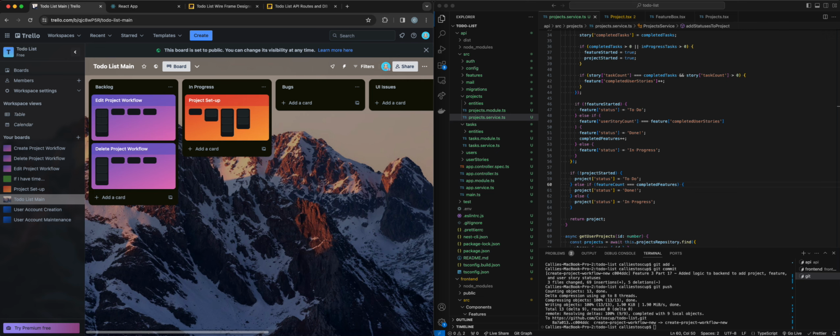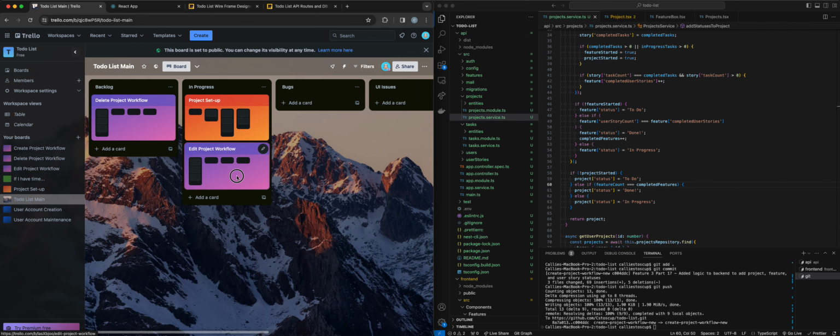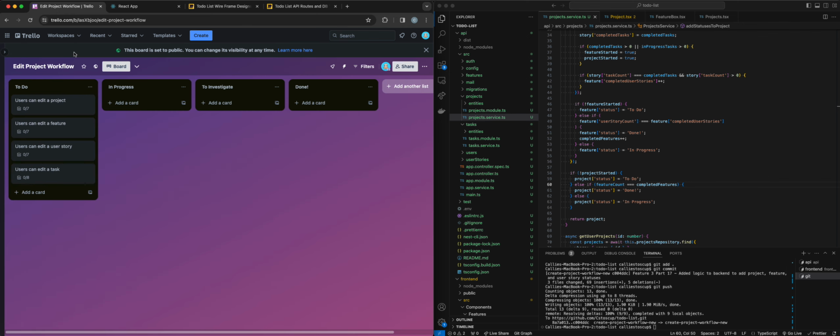And we are now on our edit project workflow. So I'm going to pull that over to in progress, and I'm going to open it up. All right, so here we want to be able to edit a project, edit a feature, edit a user story, and edit a task. I'm actually going to start with editing a task,